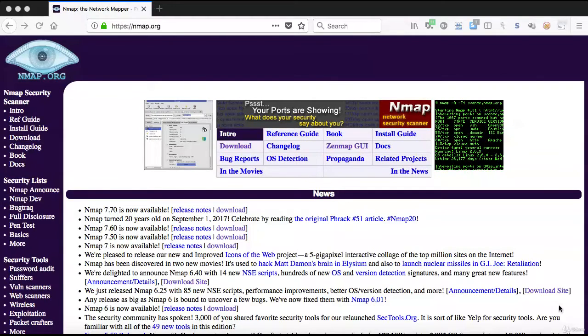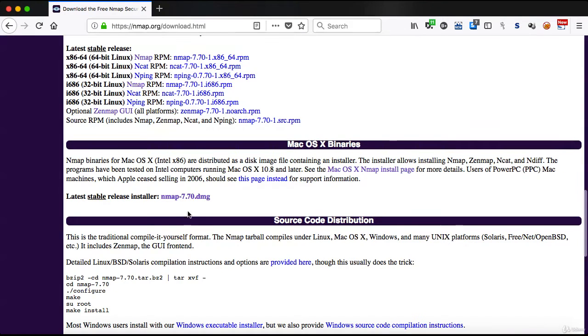So that's one last install that you have to do. If you head over to nmap.org, it'll take you to this page. And from here, you just want to click on the download button, Mac OS X binaries, and click on the Nmap DMG file. As of the time of this recording, the current version is 7.70,